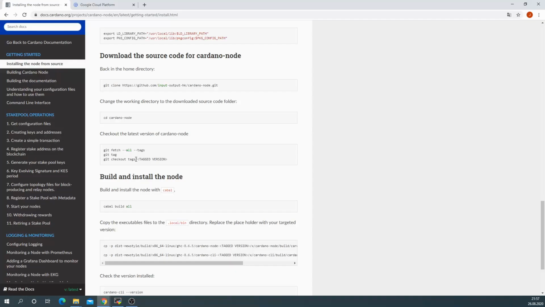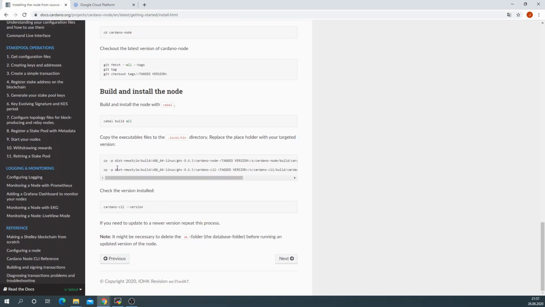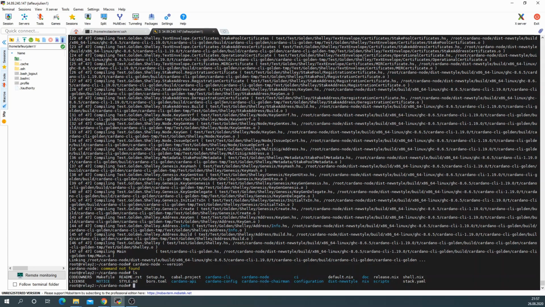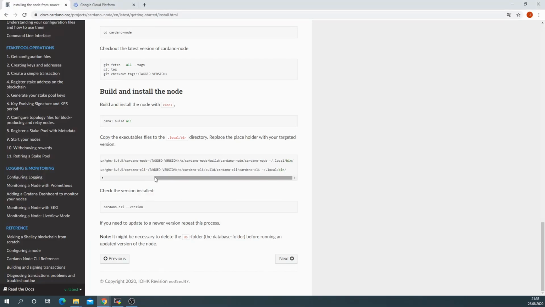because we have to copy this folder to our bin directory. During the build process this folder was created, this new style, and we have to copy this one to the bin. So what we wanna do now is to take these two commands